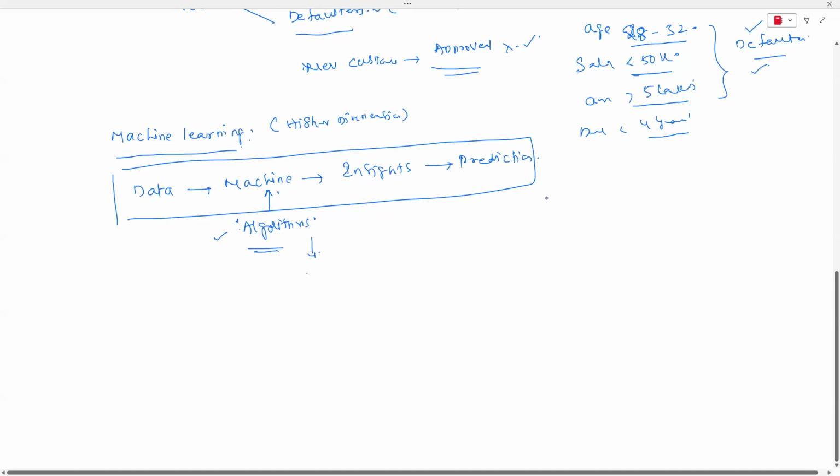If you want to go a little deeper, into more complex algorithms, then we have neural networks. We separate the neural networks from machine learning, and they call it deep learning.